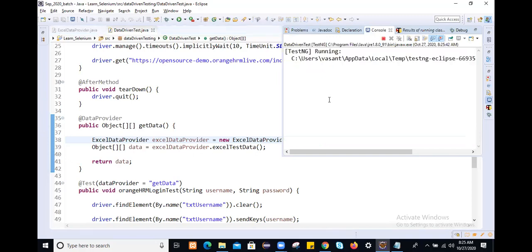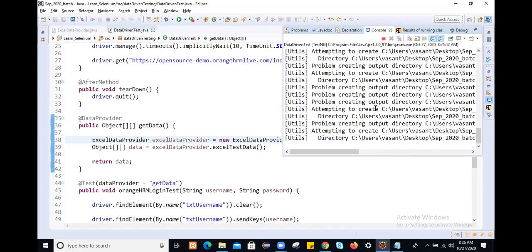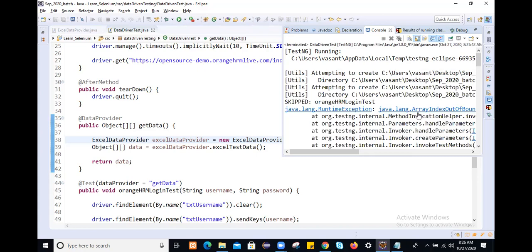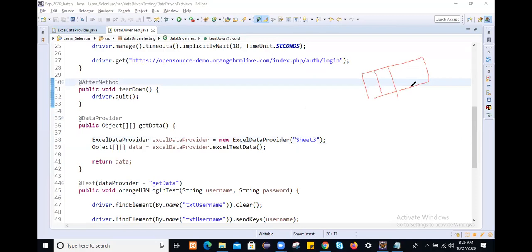Most of the time you will get issues, but let's see whether we get one. So it's saying java.lang.ArrayIndexOutOfBoundsException. When will you get this exception? Whenever you are trying to retrieve data out of the index, this is your array. Let's suppose here we don't have any index, but if you try to retrieve the data at this index, if this index is not there, then you will get ArrayIndexOutOfBoundsException.